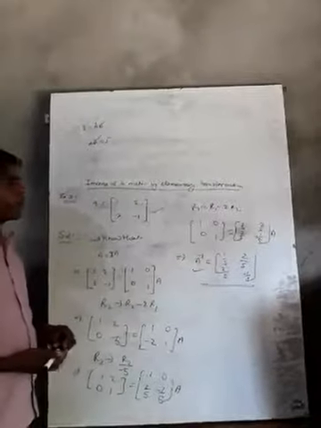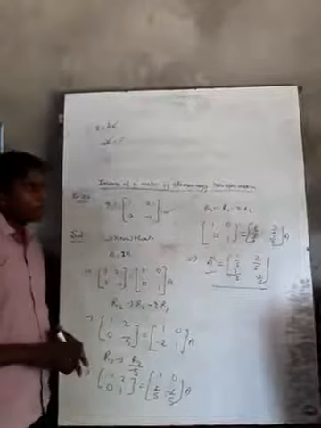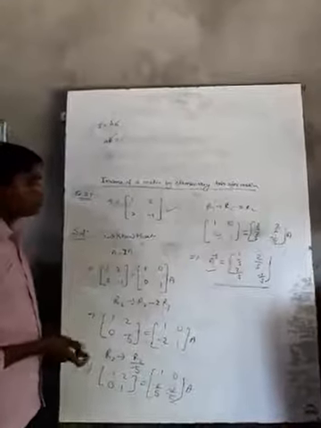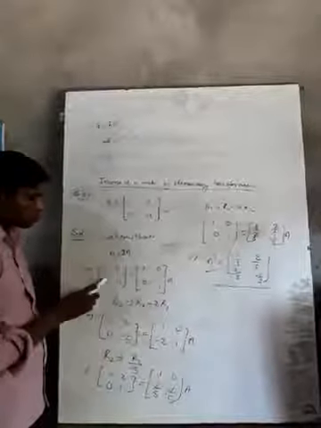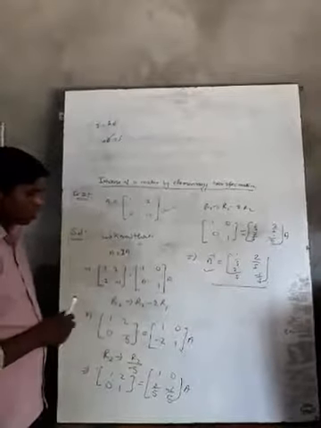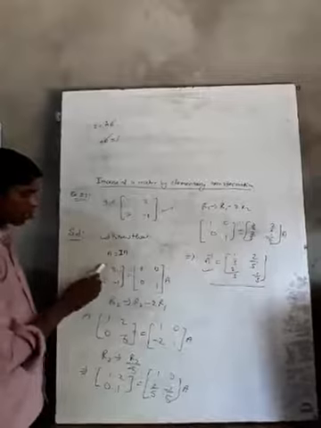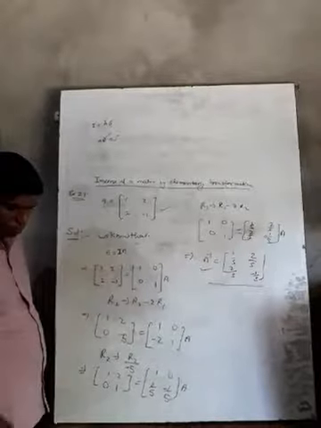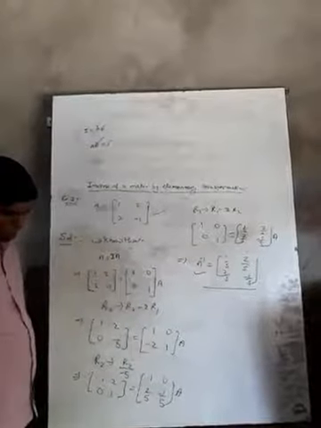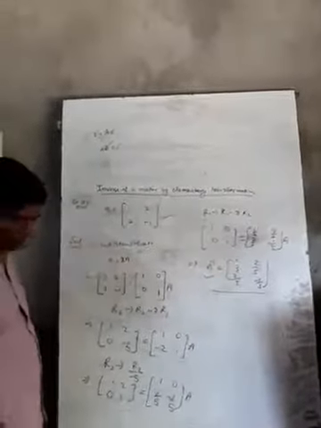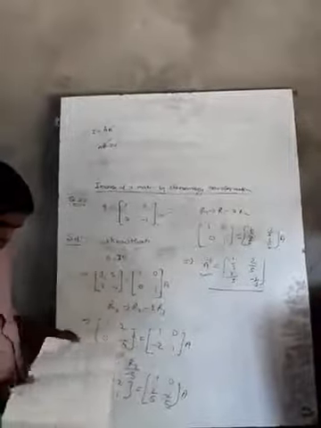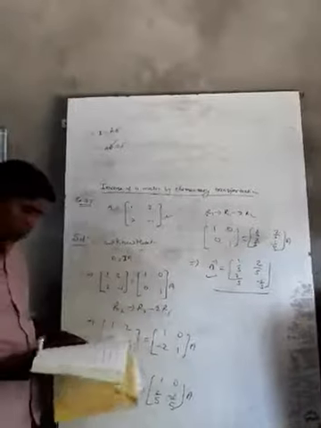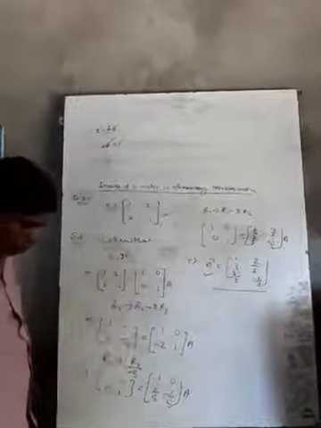This is the method by which we can find the inverse of any matrix with the help of the elementary transformation. When you change in the row, then you start to change in the column, meaning 1 0 0 1. Or when you change the column, then you start in the row 1 0 0 1. Similarly, you can do this till question number 12, 14, up to 14 you can do. Now I am going to do question number 15.